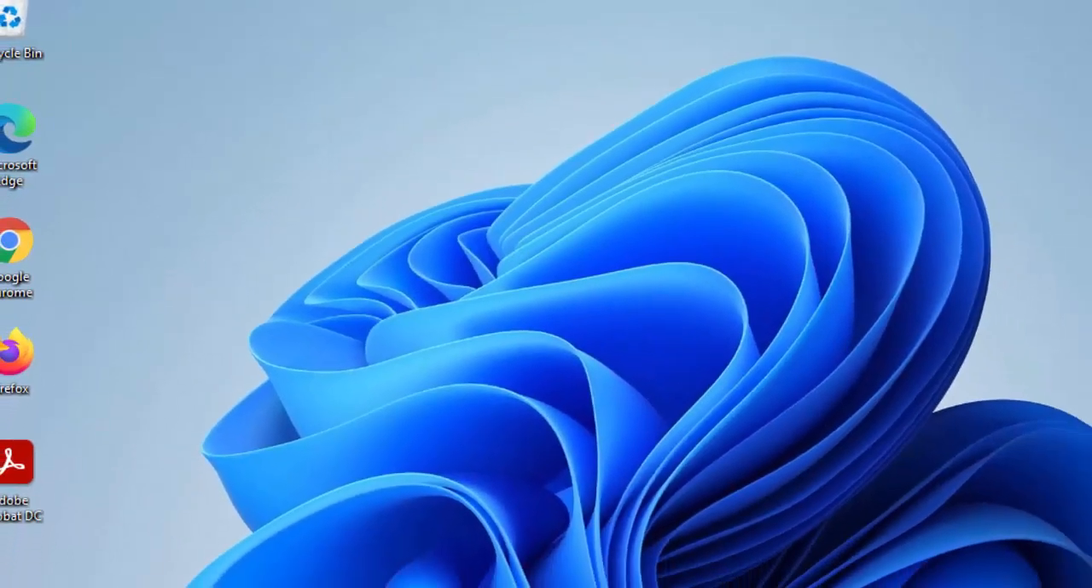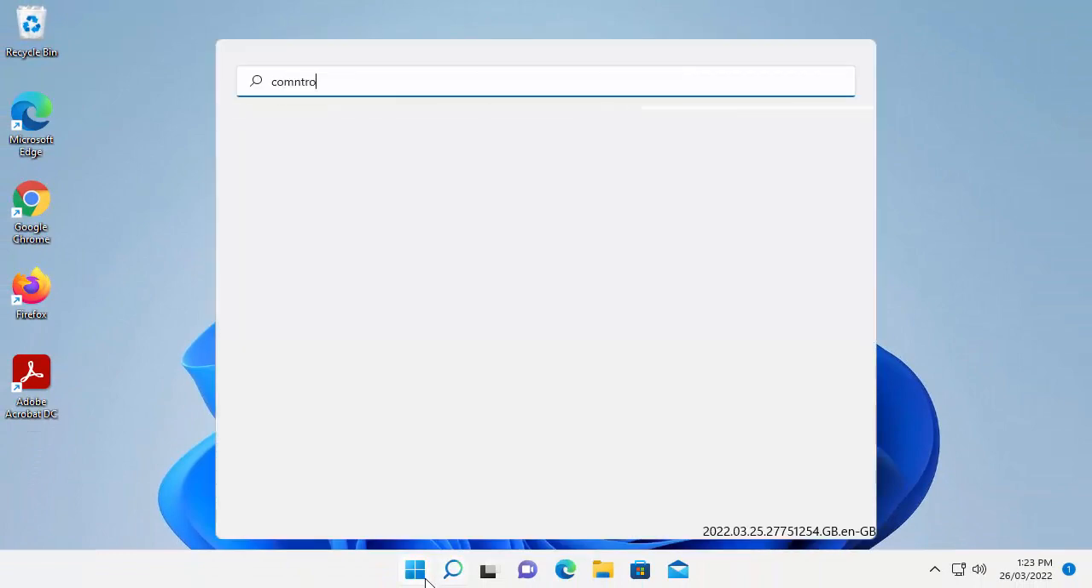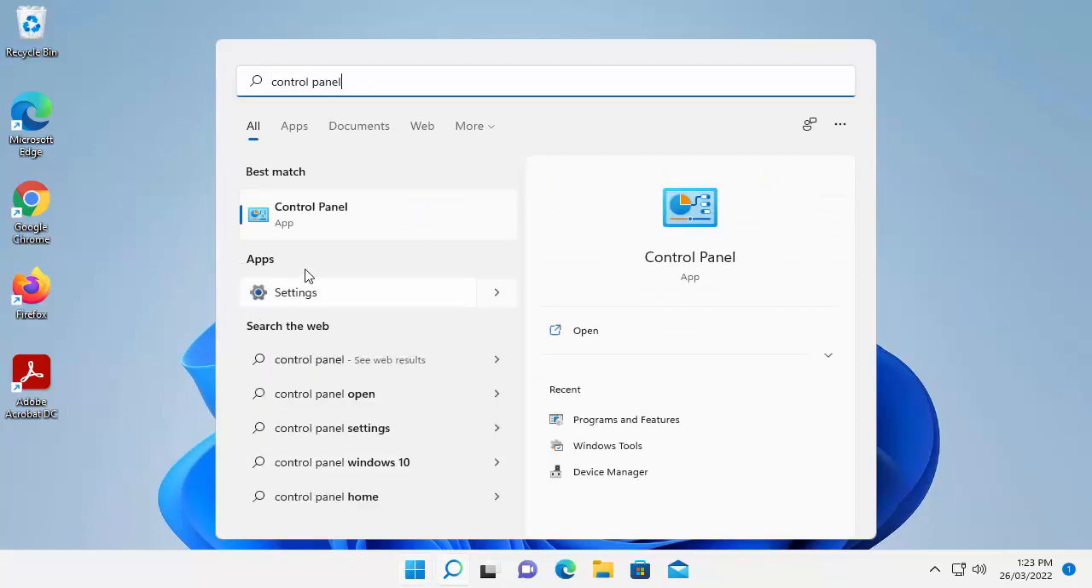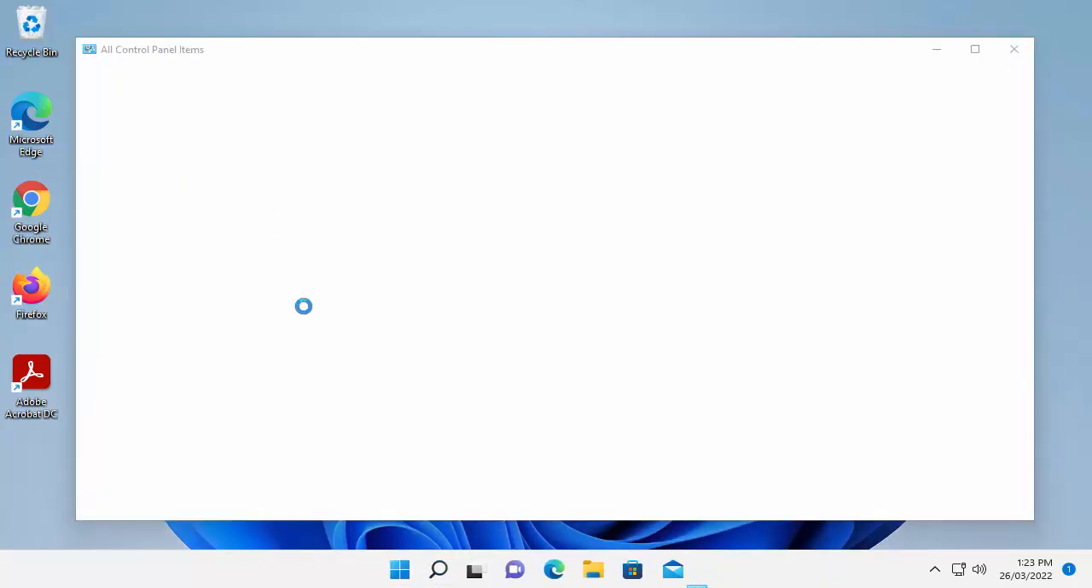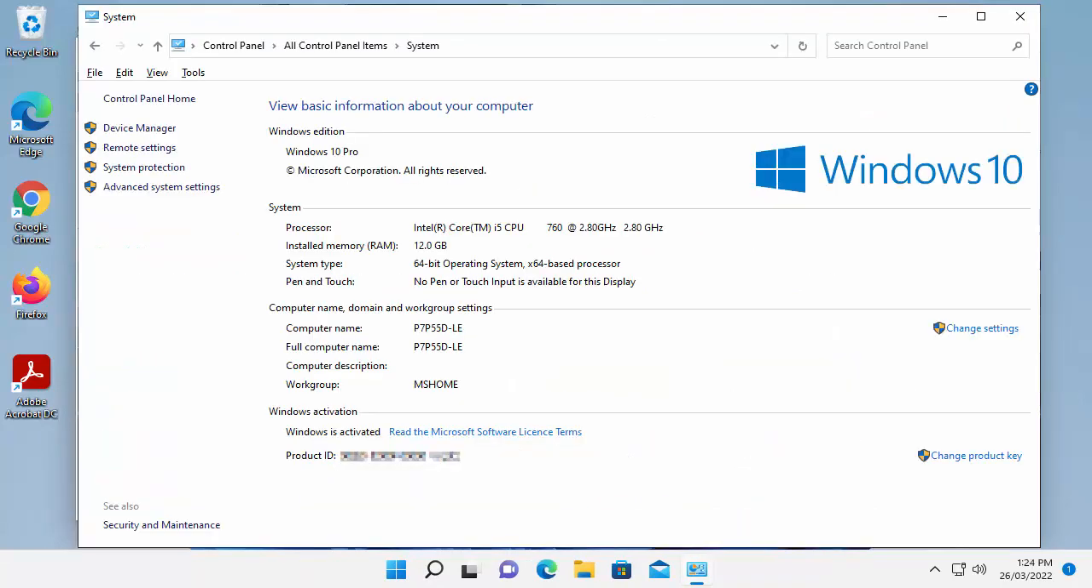Now under Windows 10 this was quite easy. You just click on the start button, type on your keyboard control panel and then click on control panel there like so, and then you just right click on system and go open, and then you'd get the system menu